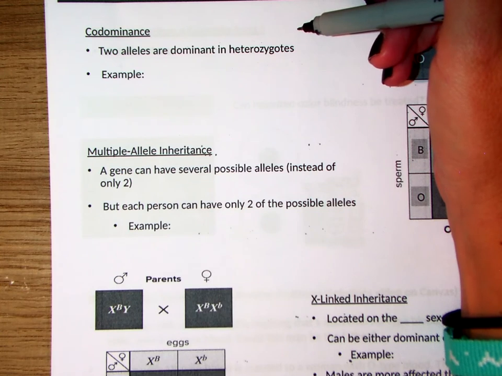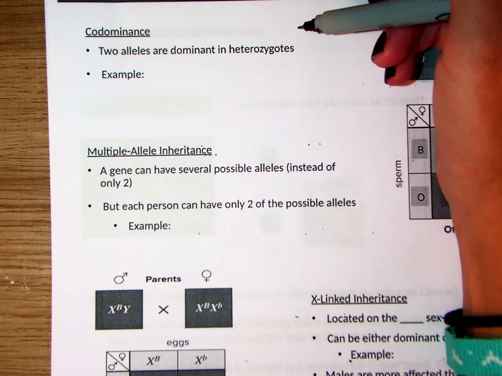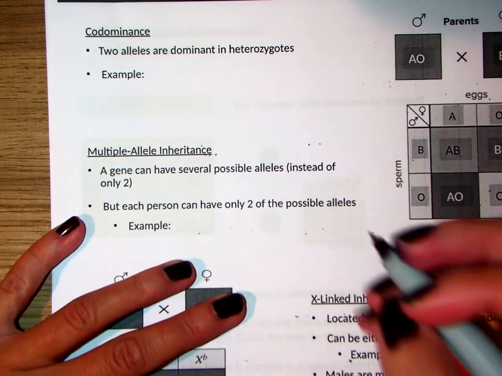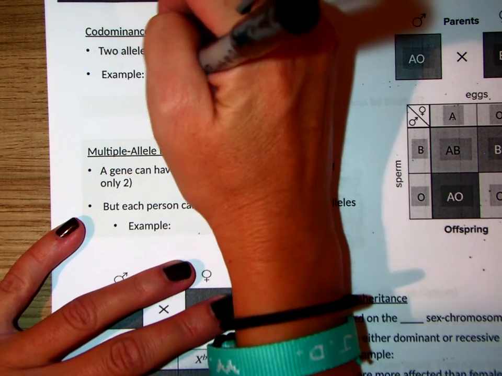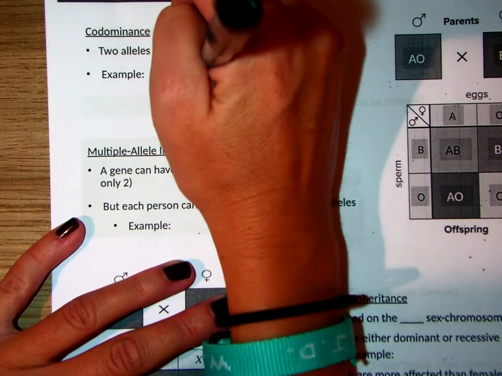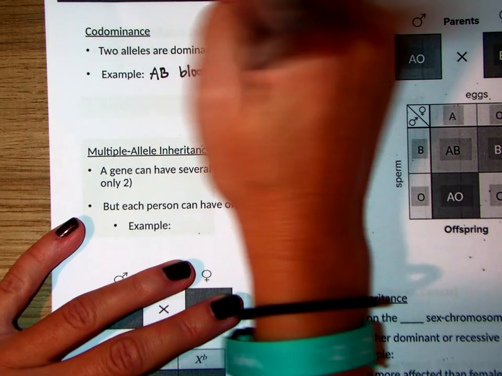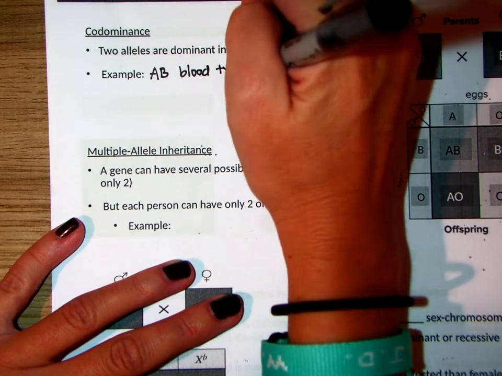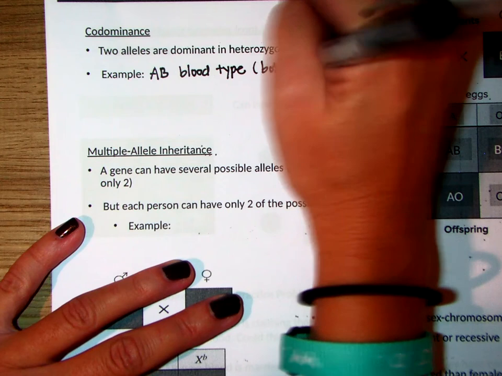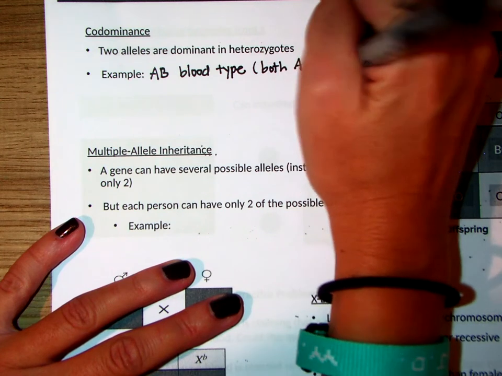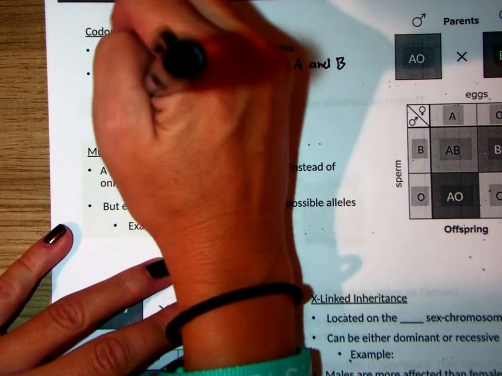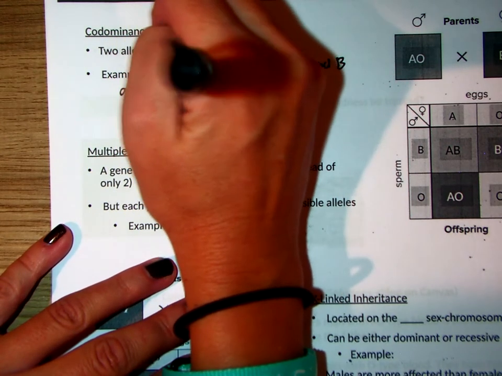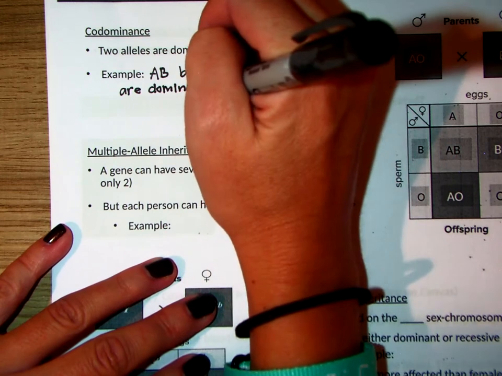So a real example of this in humans is blood type. So AB blood type. In this case, both A and B are dominant,